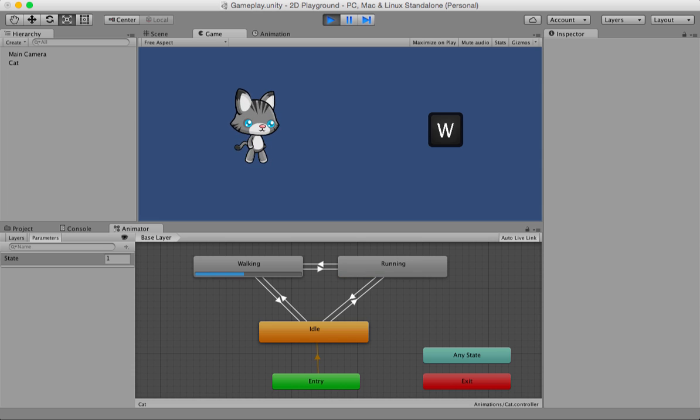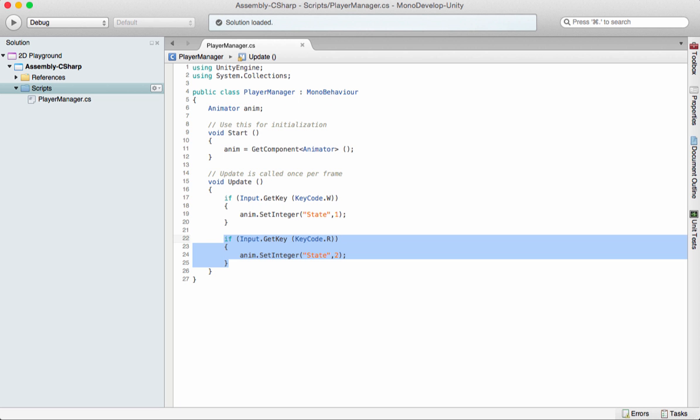I can press W, and this guy starts walking again. But wait, in video games, don't we just press the key and the guy starts walking? When we release the key, the guy stops walking. How can we do that? Okay, it's very simple. I introduce you to another method here. It's called